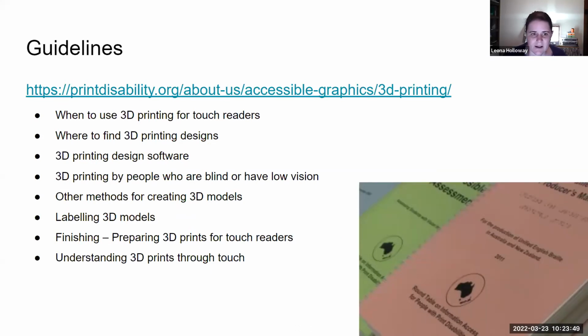So we're producing guidelines and distributing them through the Roundtable on Information Access for People with Print Disabilities. I'll call them Roundtable for short. And the guidelines are being released in sections on the Roundtable website, but they'll be collated into a more formal document when the project is completed. We've already produced guidelines on when to use 3D printing for touch readers, where to find existing 3D printing designs, design software for creating your own 3D prints, 3D printing by people who are blind or have low vision, so